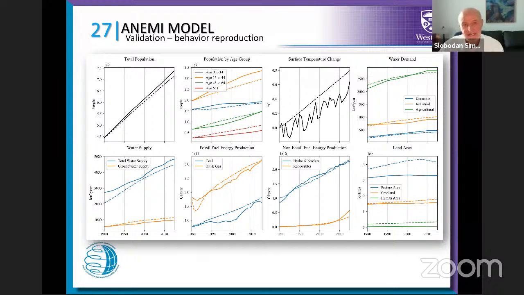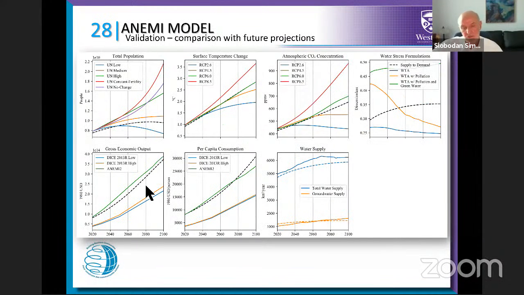The model was validated, running it in the past and comparing to some available data. You can see the dashed lines are the model performance, showing different variables here, and the full lines are observations. The validation period was between 1980 and 2020. And then we used the model to run a set of future scenarios. On these couple of slides, I'm showing also the comparison with different research outcomes that are also dealing with these longer term